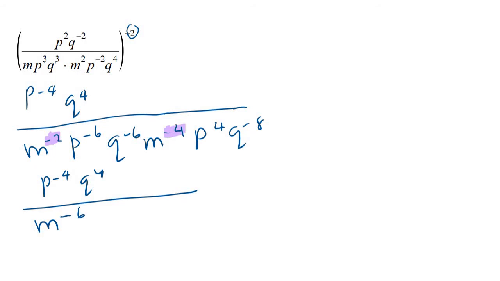And there's a p now. So p, there's a negative 6 and 4. That's p to negative 2. And then a q. There's a q to negative 6 and q to negative 8. That's q to negative 14. And now we're ready to use the